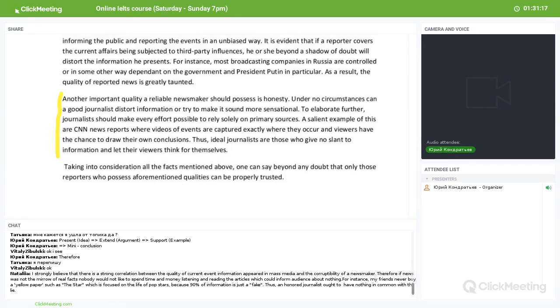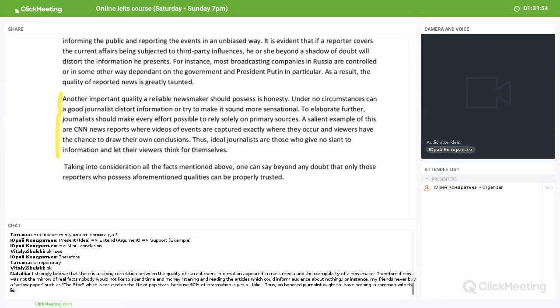Okay, so Natalia, "I strongly believe that there is a strong correlation." Strongly strong. Well, maybe you need to change. "I firmly believe that," or "I'm convinced that there is a strong correlation between the quality of current event information appearing in mass media, or which has appeared." So you can either say appearing in mass media or which has appeared in mass media, "and the corruptibility of a newsmaker. Therefore, if news was not the mirror of real facts, nobody would like," only one negation,